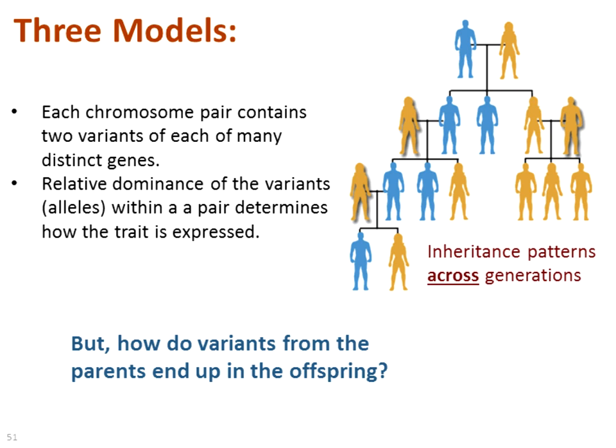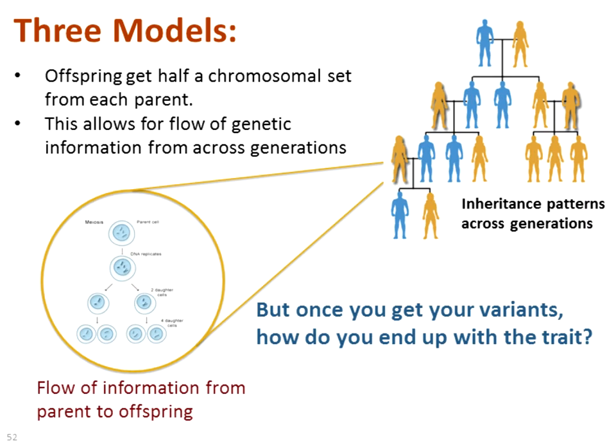So that's just patterns of correlation, right? That's a big A, little a, and then what phenotype you're going to get. And you're going to have dimples, no dimples, widow's peak, no widow's peak. But the question that this raises, and this is sort of where Mendel was, right? These are the ideas that Mendel worked out. But then the question is, how did the variants end up in the offspring? And Mendel didn't really know a lot about this mechanism.